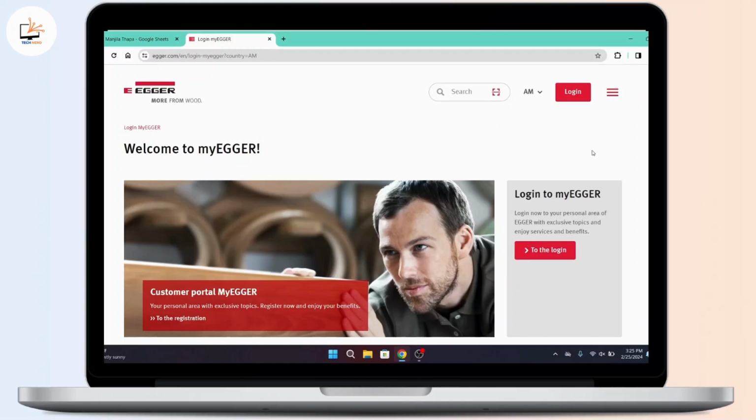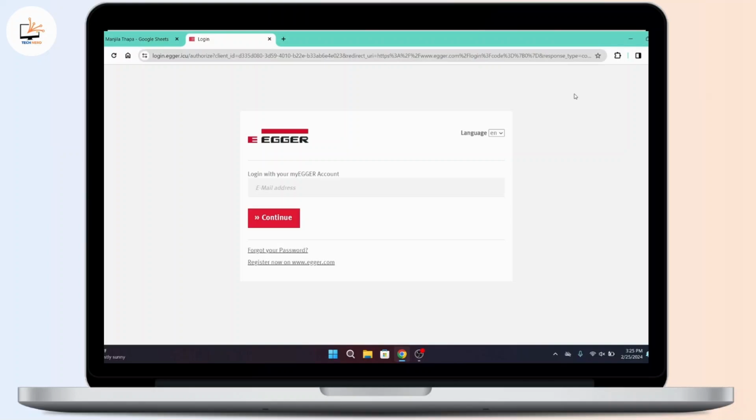From here, head over to the upper right section. There, you will get a login button. Click on that. Then you will be taken to the login page. Here on the interface, you will get an empty text box that says email address. Now to log in, first of all, enter your valid email address associated with your account, and after that click